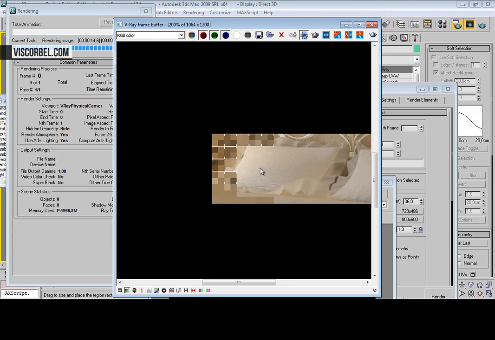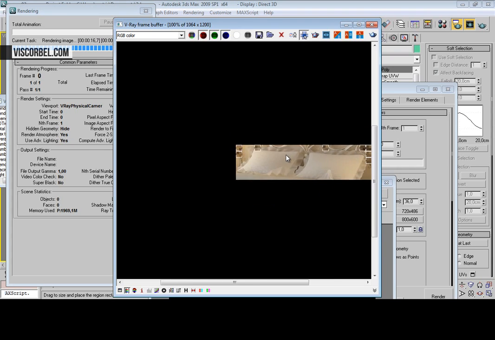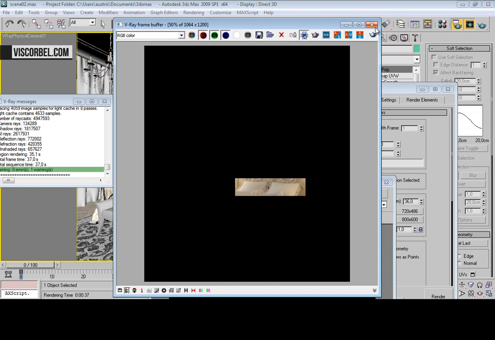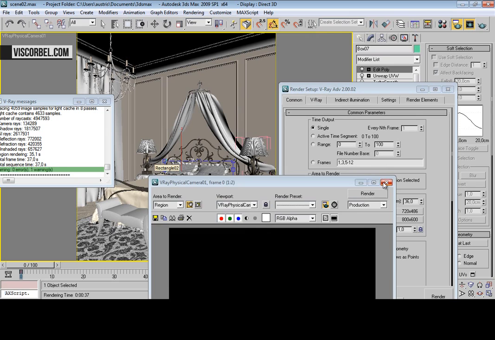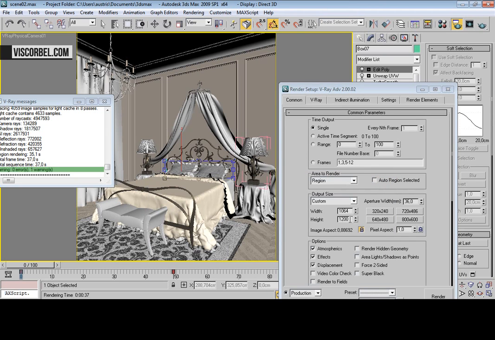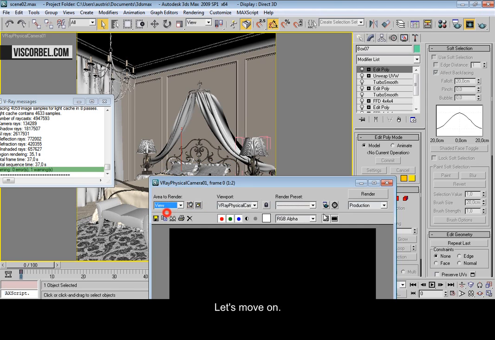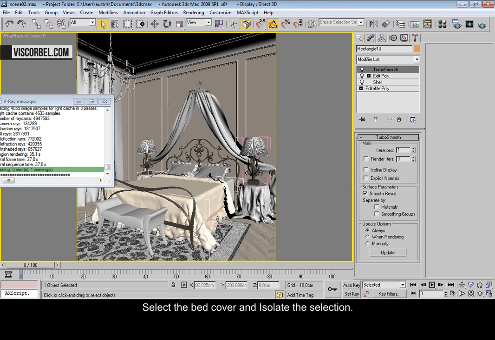It's just hard to notice in the small image. Okay. We set the size to the small one. And let's move on. Select the blanket